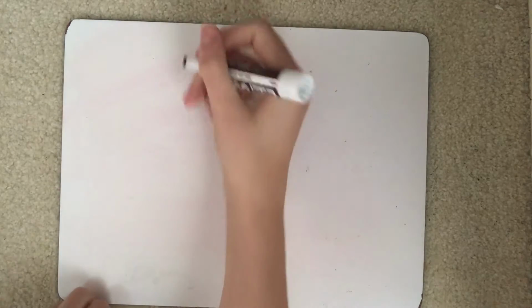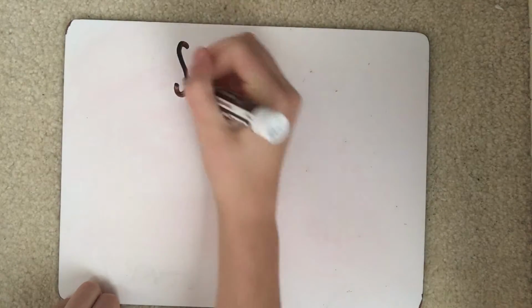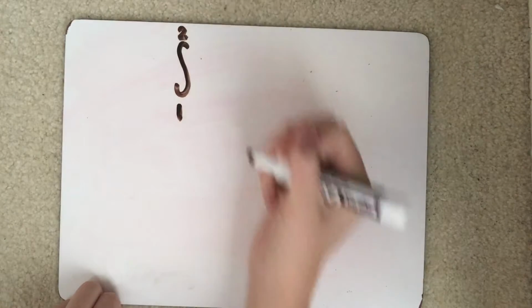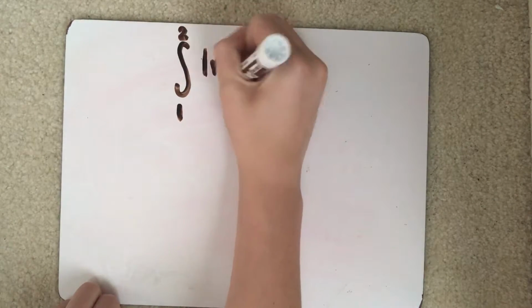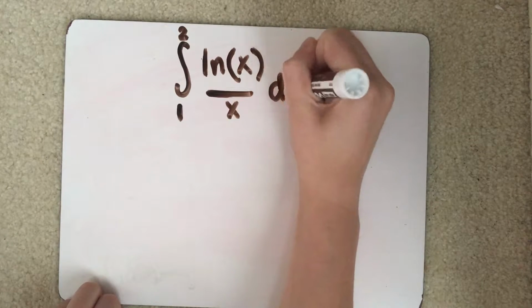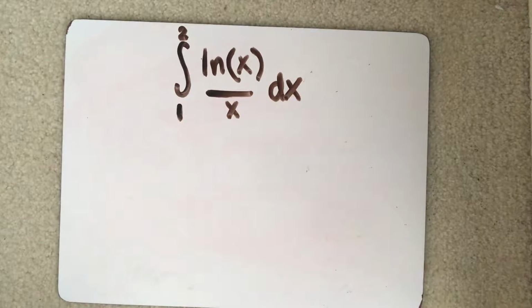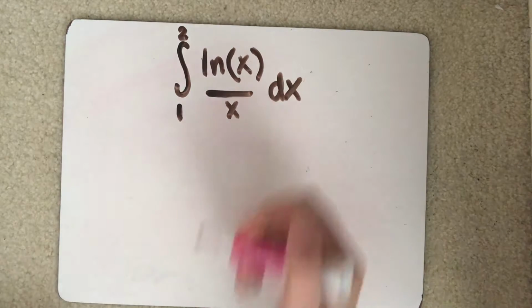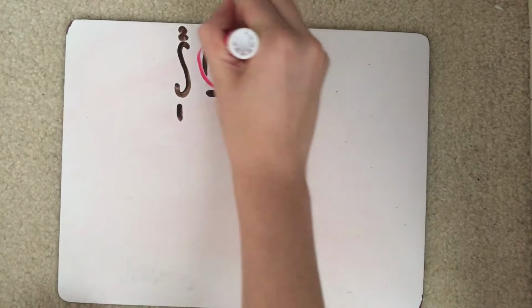Our original equation is going to be the integral from 1 to 2 of the natural log of x over x dx. First, we have to decide which part of the equation looks like it has the most going on, because usually that complicated part can be substituted with something easier. It looks like in this problem, the variable u should substitute the natural log of x because it's the busiest